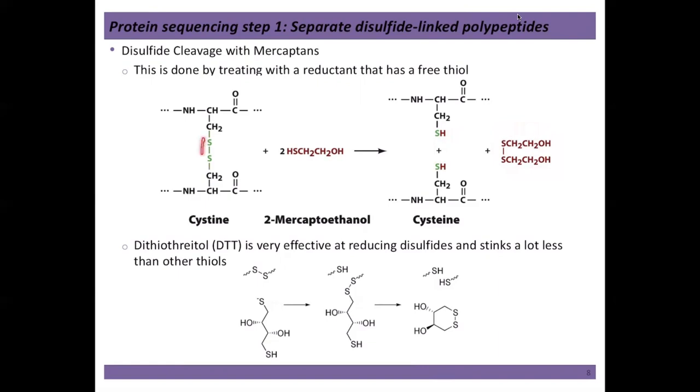So you now have a disulfide in between your protein. You throw in a bunch of this stuff here, and you've exchanged the disulfide for this smaller compound that you wash away. A more common one that's used now is dithiothreitol, DTT. It's very effective at reducing disulfides and stinks a lot less than mercaptoethanol and other methods. And one of the advantages here